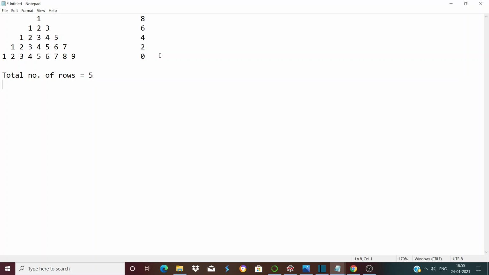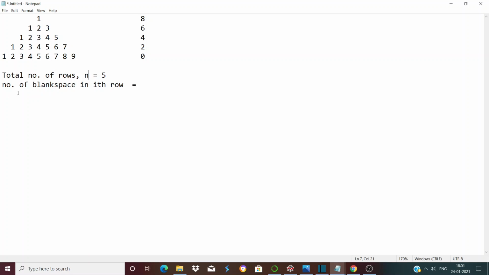Now if we denote the row number by i, then in the ith row how many blank spaces do we have? Can you find the relation between, if we denote the total number of rows by n, can you find the relation between n, i and the number of blank spaces?